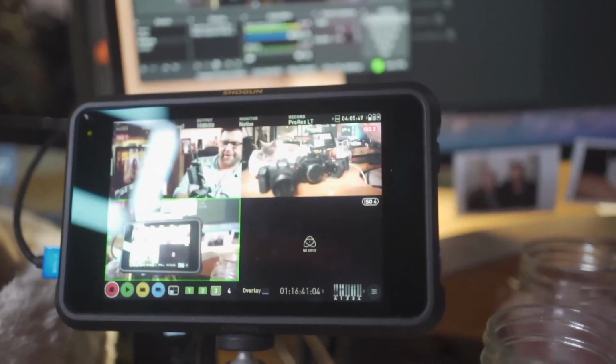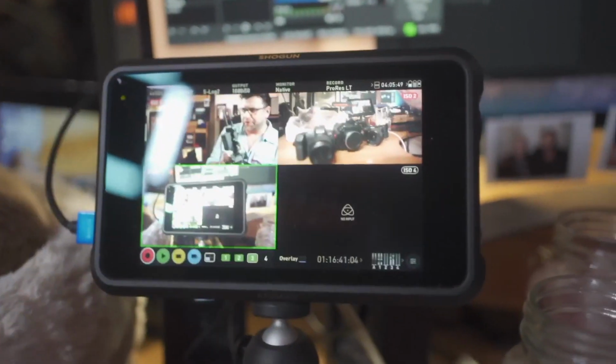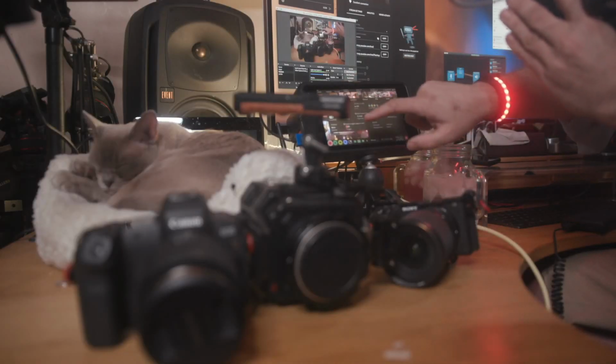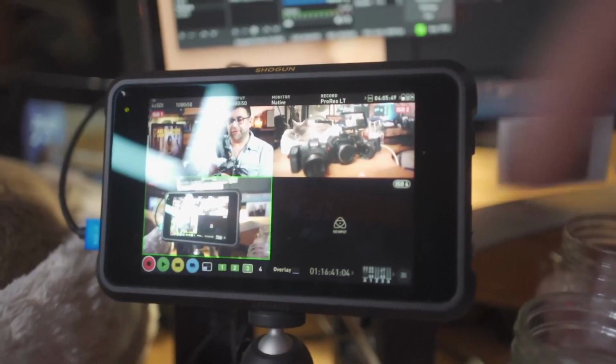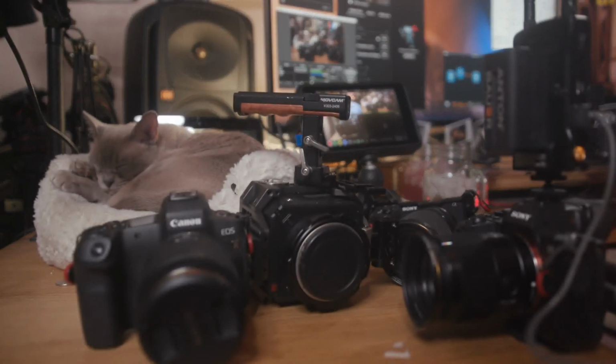So that is the Atomos Shogun 7, which is what I'm using for switching, so I can change the different cameras, and it's just a nightmare complication. I don't know why I decided to do this, but there you go. So, okay, let me just switch to camera 2, and you can see I have cameras